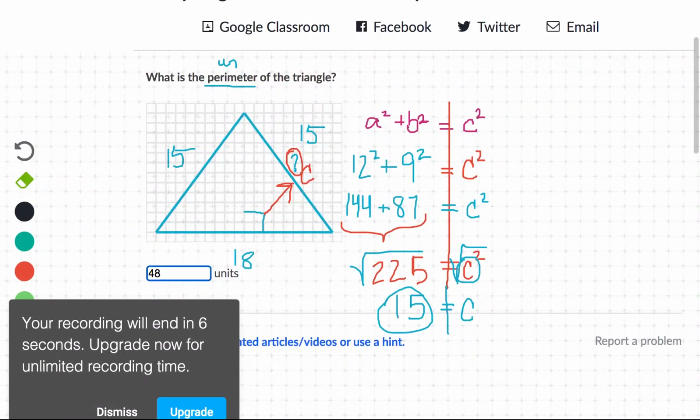I have 8 seconds left. So if you're doing the Pythagorean theorem one, you're just focused on this part. Just make sure that c is always the